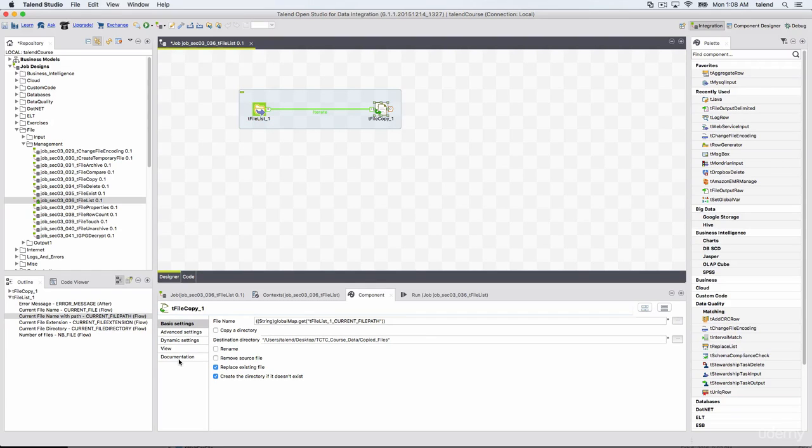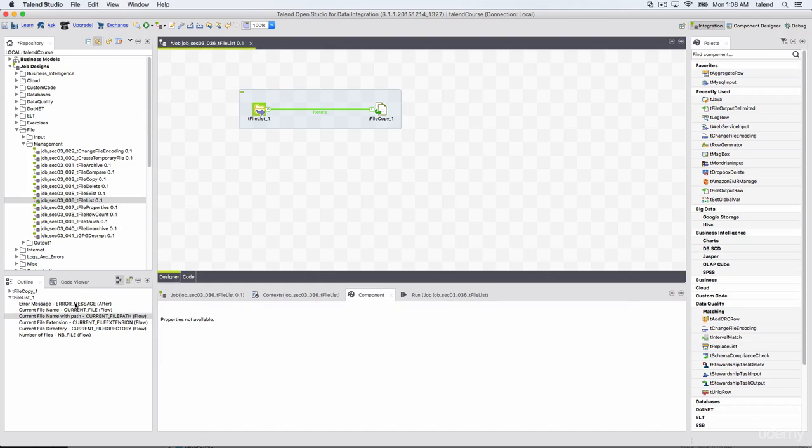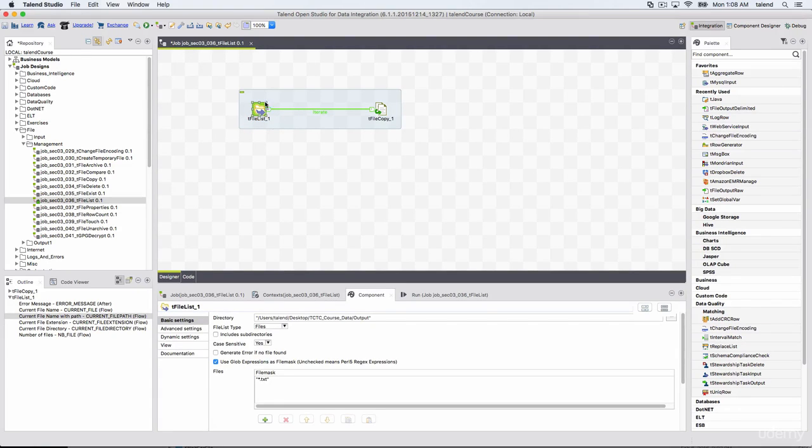And if you remember, I explained to you about this After and Flow. What this means is, After means once this component has completely finished running, only then can you use this global variable. Flow means even while this is running, you can use these variables.